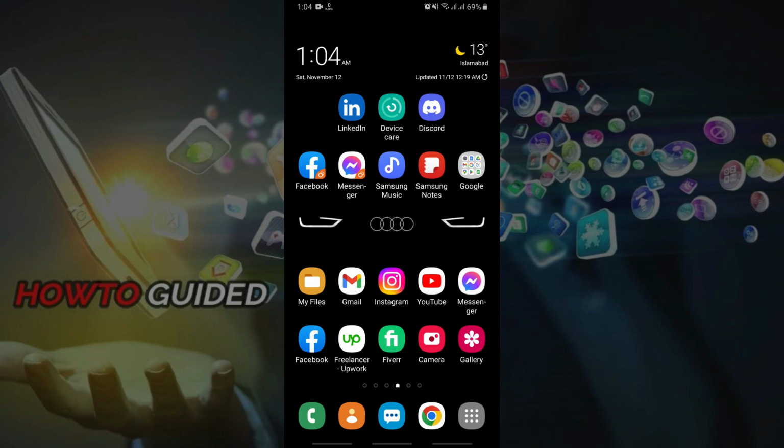If you want to solve or fix the message status fail message on your Instagram, you have to open your